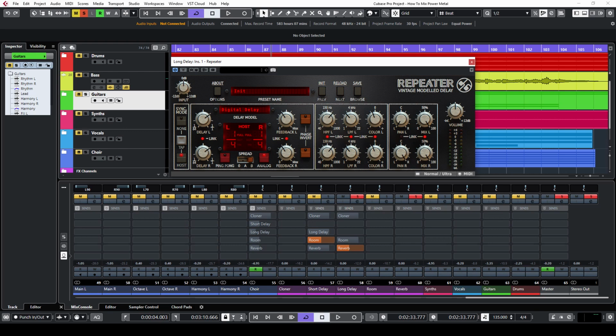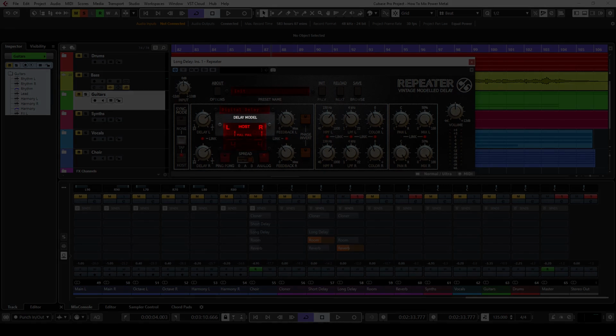In the mix I use the same Repeater plugin for this purpose with the following settings: quarter note delay time, delay model set to digital delay, spread set to B mode, analog mode turned on, feedback set to 43%, low cut frequency at 241 Hz, high cut frequency at 2.63 kHz, color set to -14%, delayed signals panned hard left and hard right with 100% mix value. The spread function converts the delayed mono signal into a stereo signal. You can achieve a similar effect if you add a little latency to one side of your delay.